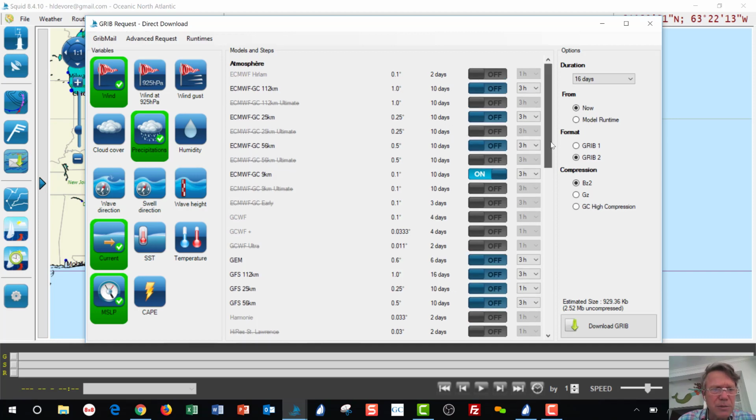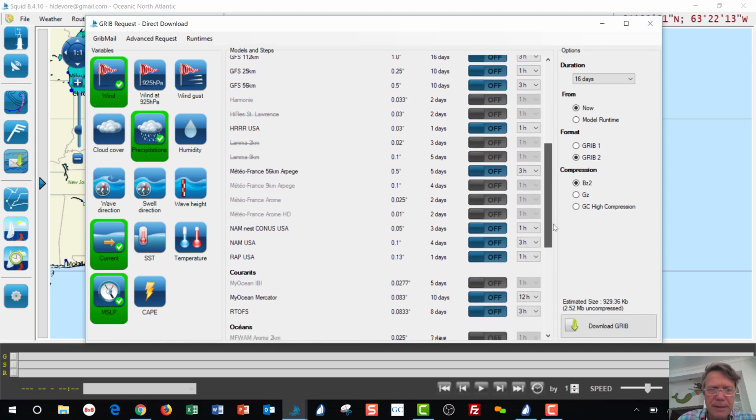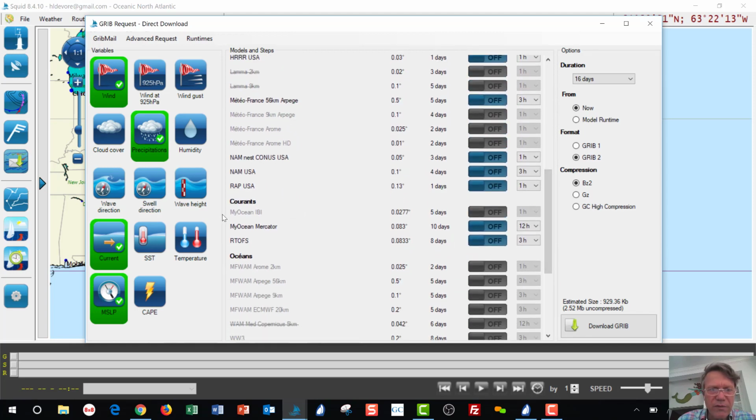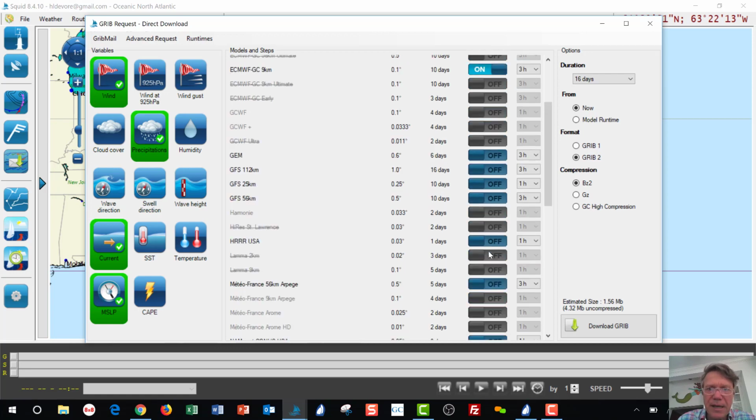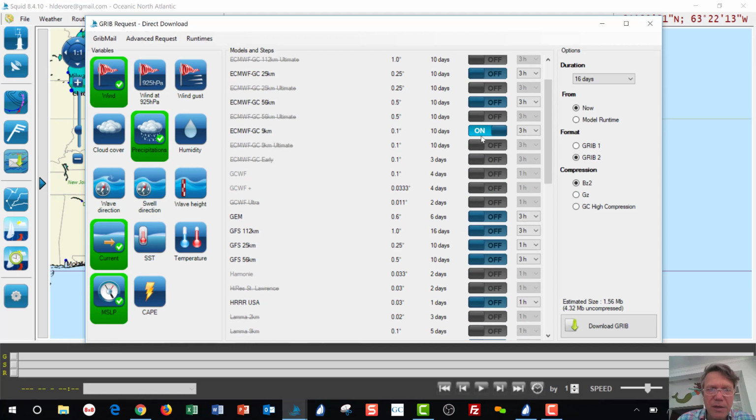Okay, so I've got current selected. I can go down here to RTOFS, Courants, right? This is a French company, Squid is. That's currents. I can say yes to the RTOFS. I haven't found the My Ocean Mercator to be of particular use. Let's just download that. So we're going to download RTOFS and ECMWF 9 kilometers, and actually we'll go for GFS 25 kilometers. So I'm going to click download,